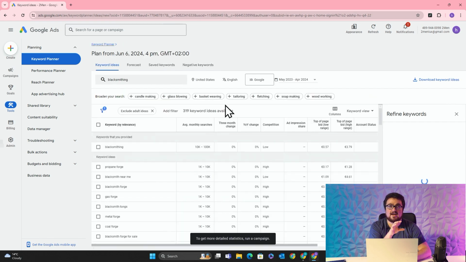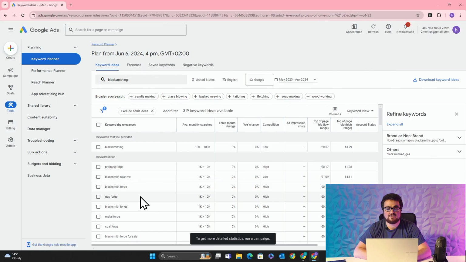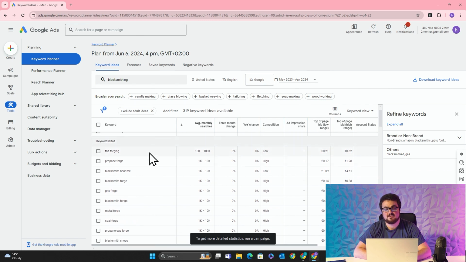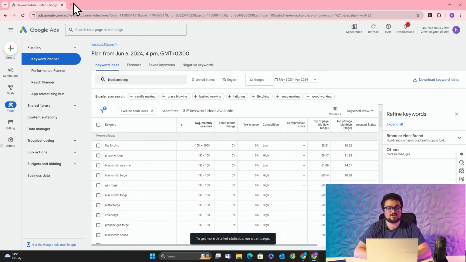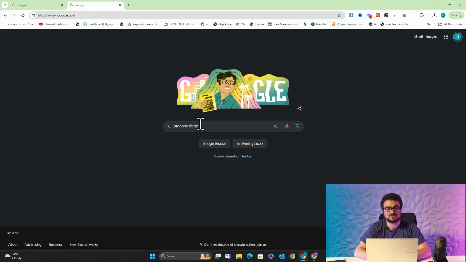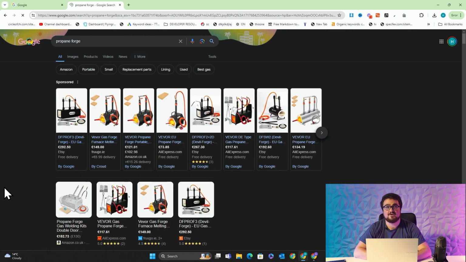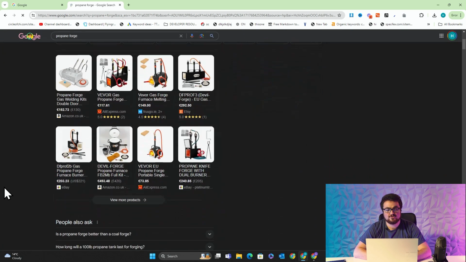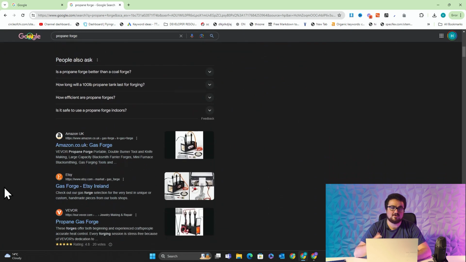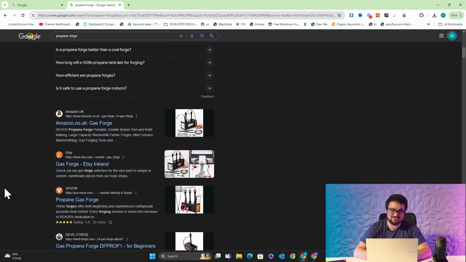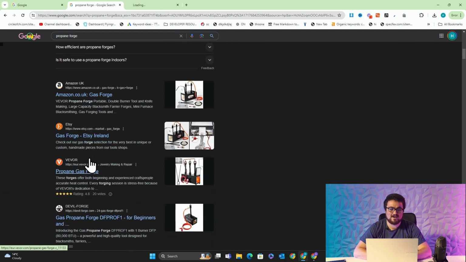Now you notice I have it in English and it's for the United States, and we'll see what's popular. So you can see here propane forge is one of the most popular search terms in the niche. So what I'm going to do is go on Google, search propane forge, and look for who appears first. Now, obviously, it goes Amazon and then Etsy, and then we have our first potential competitor because, I mean, everyone is in